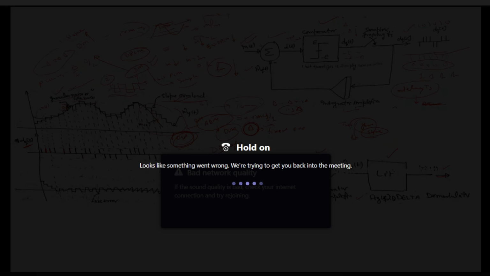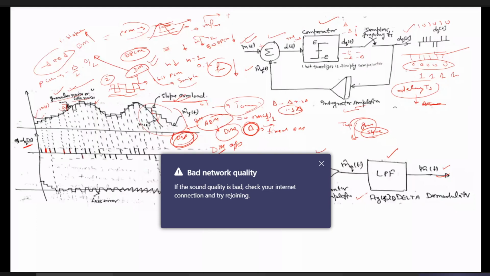It reduces because here we are getting the sequence of ones. The previous one, this is delta reduced, so error reduces, and the granular noise will also reduce. So these two drawbacks, the granular noise and the slope overload, are easily overcome in the case of adaptive delta modulation. So what happens?